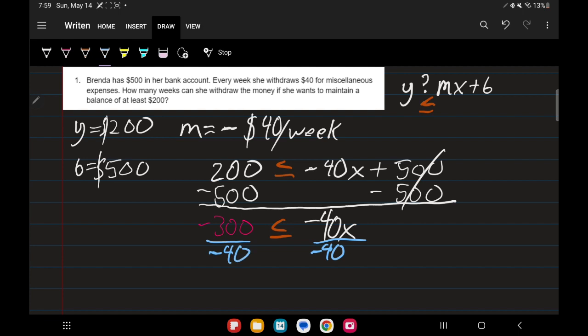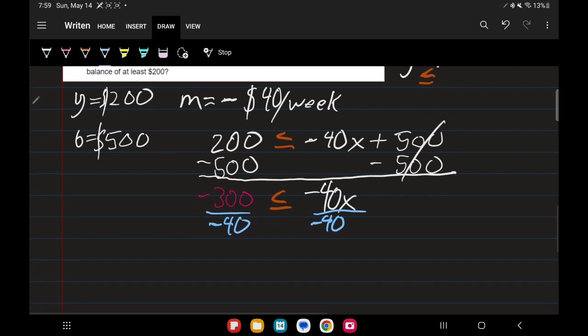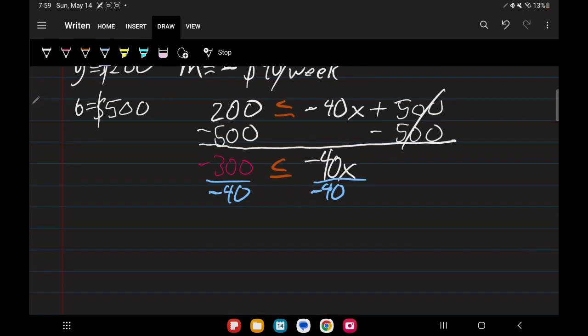So if I divide both sides by negative 40, I end up with 40 divided by negative 40, that goes away. I have x on this side. And now I have 300 divided by 40. These both become plus signs, so I'm going to get a positive amount of weeks, and it's 300 divided by 40. That's a calculator problem. So I get